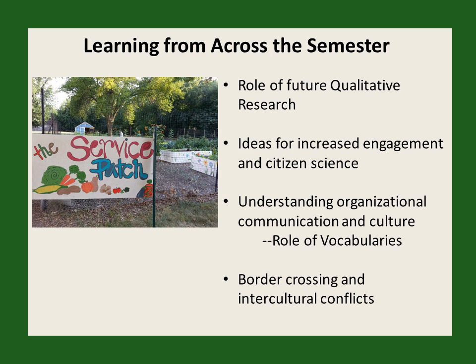Finally, I want to tie things together by examining how what I learned in this project connects to our studies across the semester. While I found the survey results to be instructive, I see the potential role of a qualitative observational research study like the one in our first assignment. An observational study of gardeners could reveal both practices and communication patterns that are hard to identify without bias in a survey. Our studies of collaborative learning help me appreciate the possibilities for citizen engagement and citizen science, which I feel could be particularly useful here, especially in examining the applicability of good agricultural practices to the specific community garden setting.